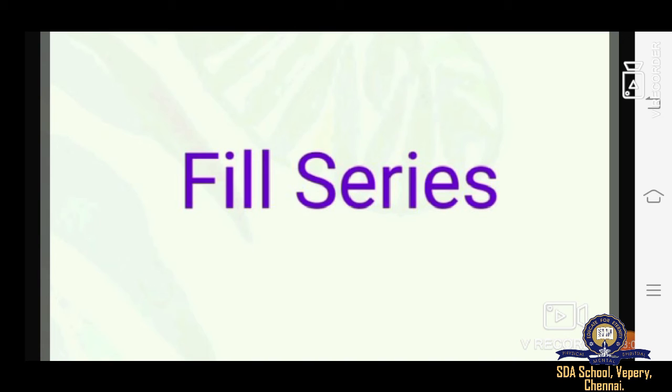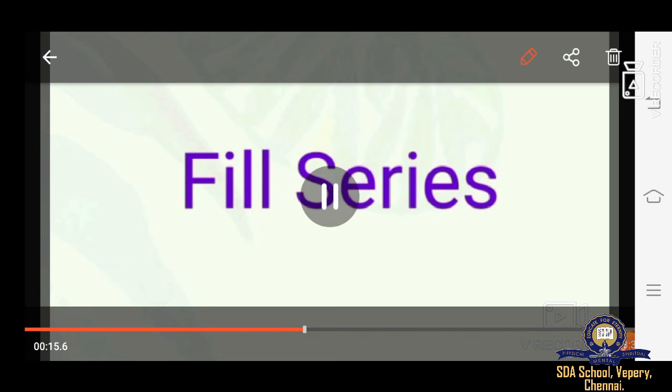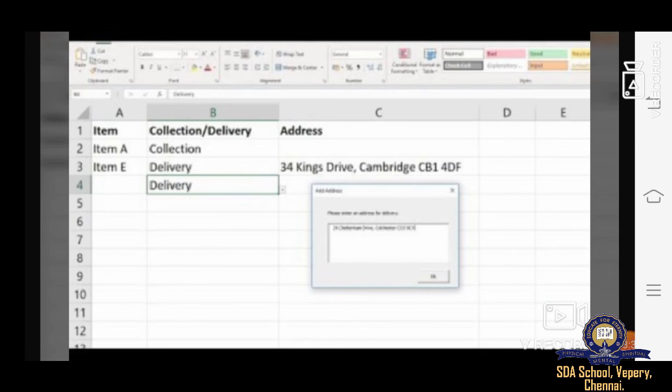For example, when the months of the year have to be typed, it is enough to type the first month, Jan, and the rest can be generated without having to type any more. To do this, type Jan in the first cell, then click on the small black square found in the lower right corner of the active cell and drag.